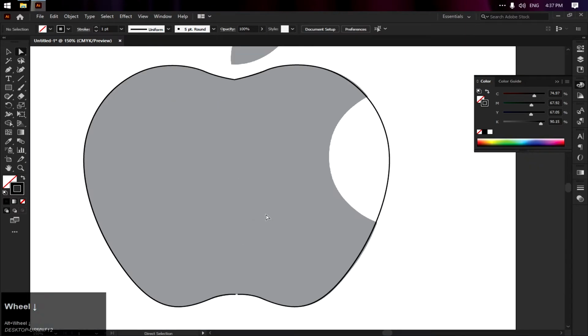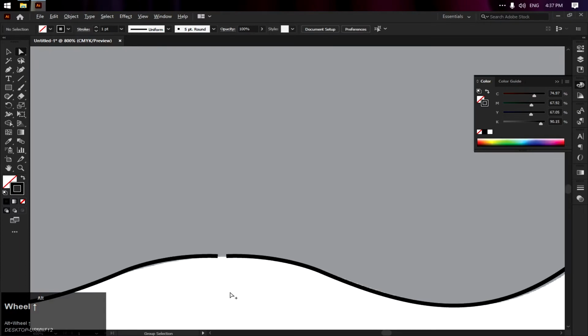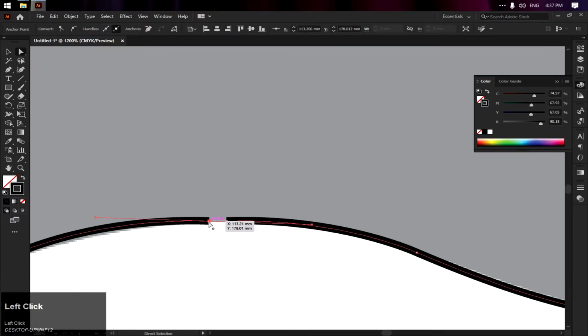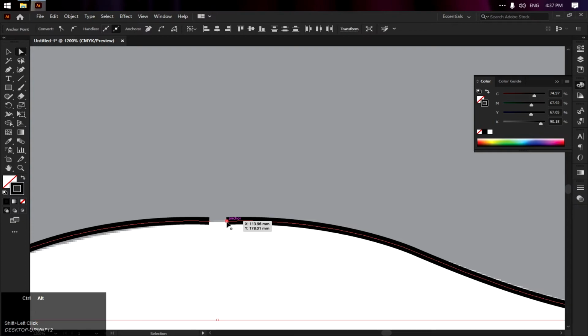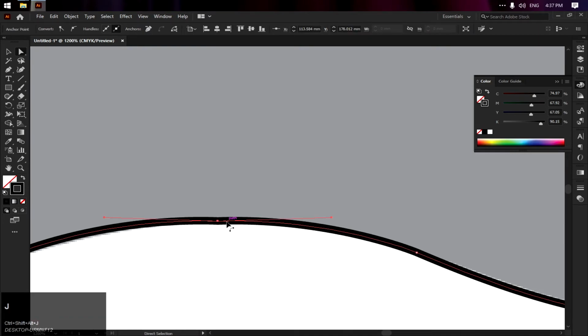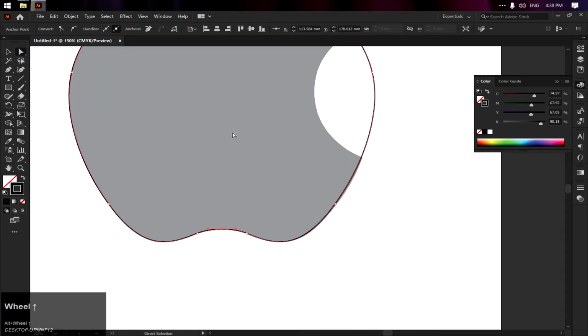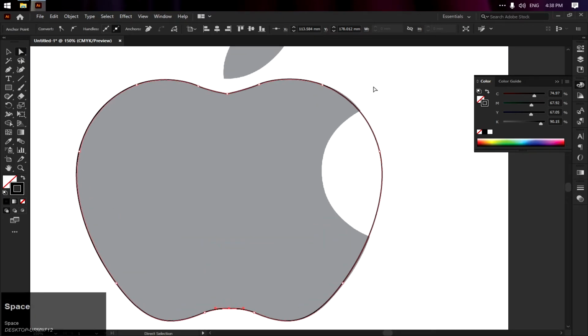Joining our paths: select this anchor point, holding Shift, select that one as well. Now press Ctrl Alt Shift and J, Join. This shortcut is going to average both points and join both points as well. In a single command you can do both. So why are we going to right click, select Average, Join? Now I prefer this one. So once our apple is done,